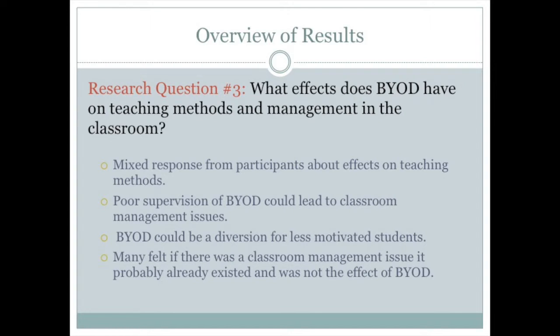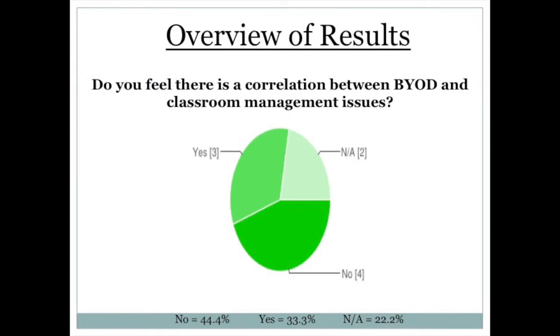Several noted that BYOD could be a diversion for less motivated students, that they could actually use this to get off task or do things other than focus on the lesson at hand. But when we talked about BYOD causing classroom management issues, the majority of the participants said that they felt that if there was a classroom management issue in place, that this was something that probably already existed and that it was not an effect of BYOD. It was something that was already underlying within the teaching. When they were asked, do you feel is there a correlation between BYOD and classroom management issues, 44% said no